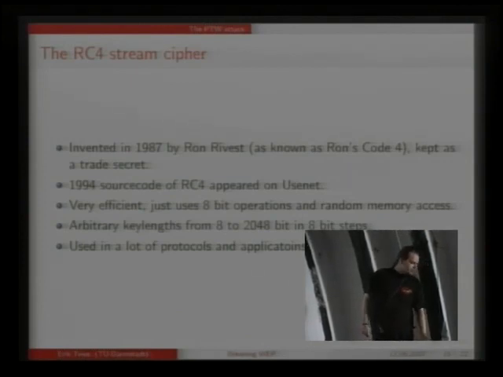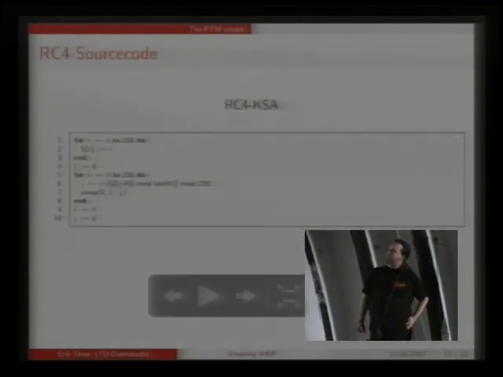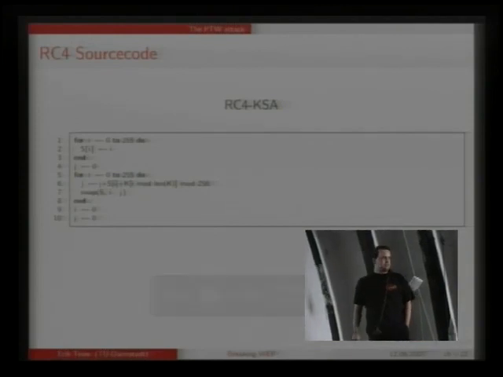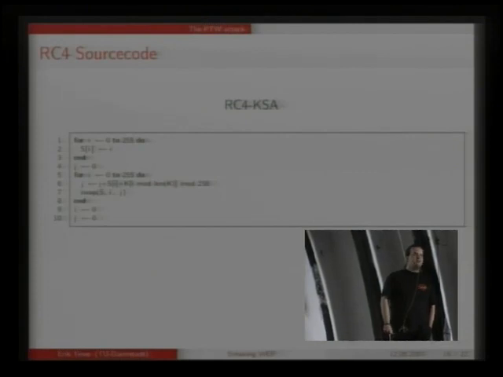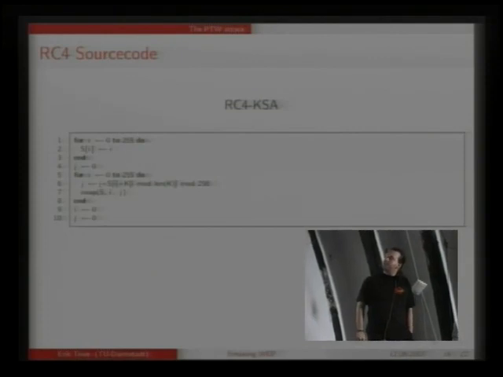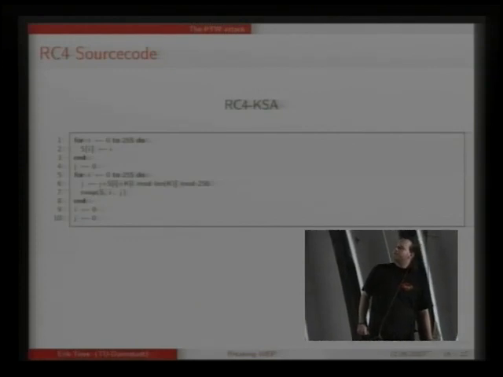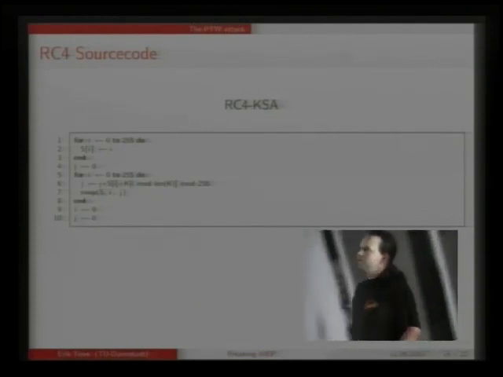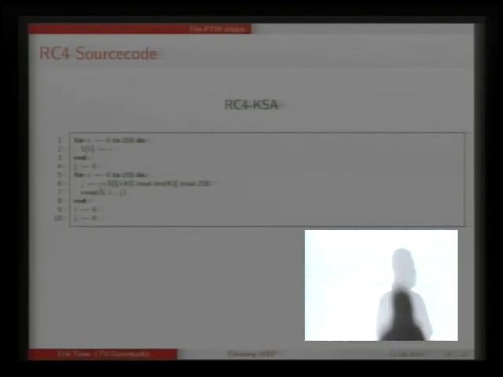For example, it's used in SSL/TLS. Source code of the cipher is really short. RC4 consists of 2 algorithms. Can you read that? Who cannot read that? Okay. RC4 consists of 2 algorithms. First is a key scheduling algorithm, which initializes the RC4 stream cipher from an arbitrary length key k, which can be somewhere between 8 bits and 2048 bits,